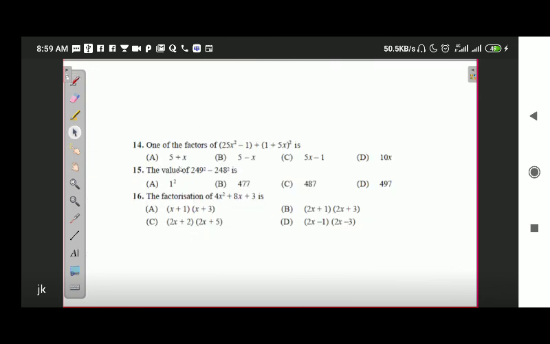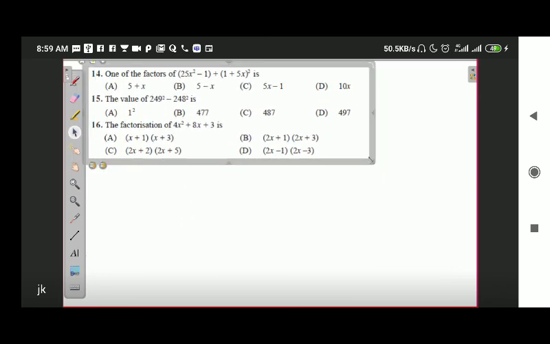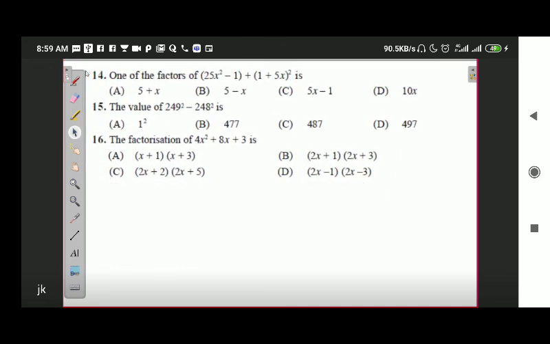Okay, let's see next questions. Question number 14 is one of the factors of the polynomial. We have a polynomial, we have to find its one factor. We have to check which one is the correct factor. Once again, the application can be same. You can find the value of x out of each of the following polynomials and then give that value of x to the given polynomial p.